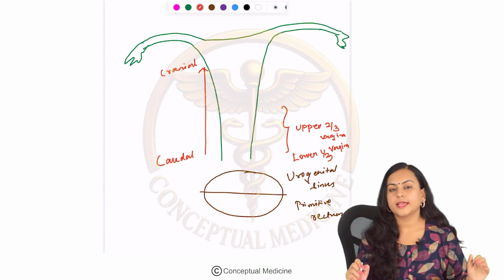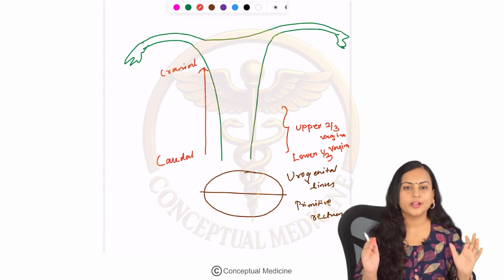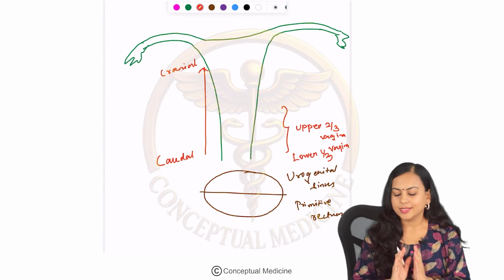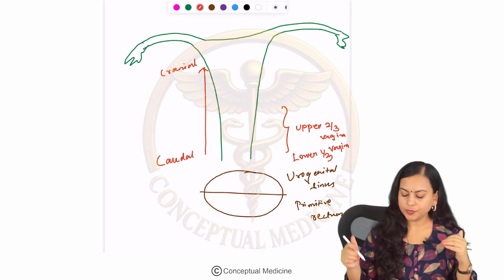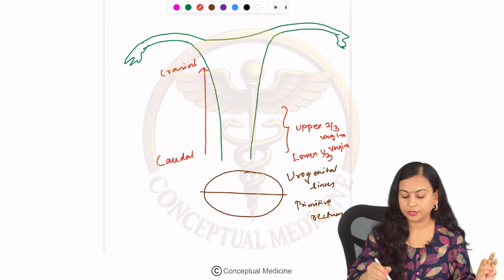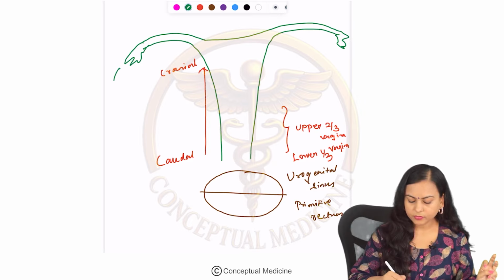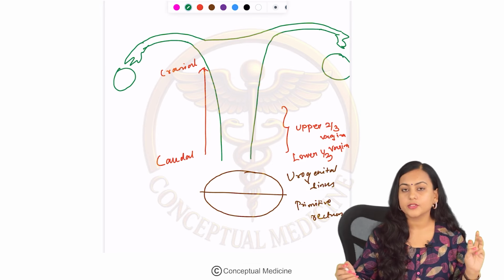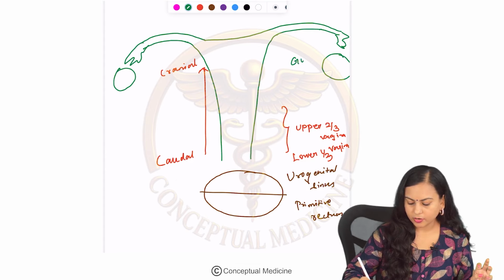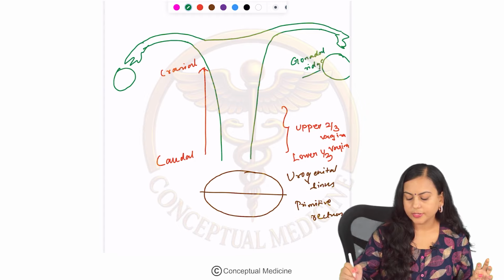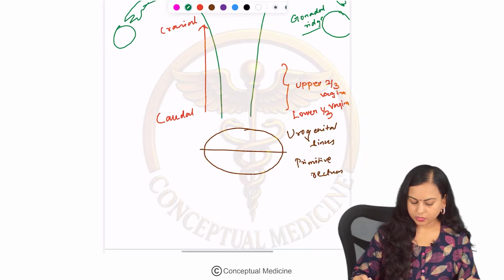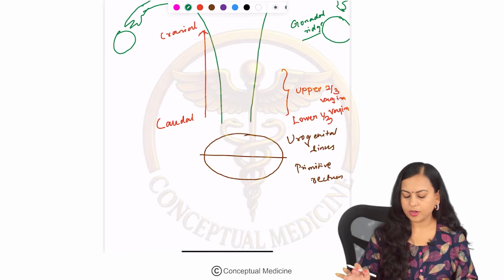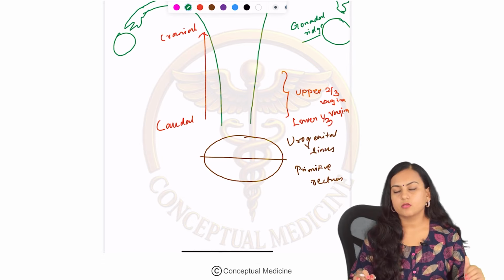So, in Mullerian agenesis, what is going to happen? Mullerian ducts are completely absent. That's why you don't have the upper 2/3 of the vagina as well as the fallopian tubes, but you will have the lower 1/3 of the vagina. And we know the gonads, that is the ovaries, are derived from the gonadal ridge, right? So, they are going to be present. Okay, and that's all you have to know. So that's why you have a vaginal dimple, and this is how it happens.